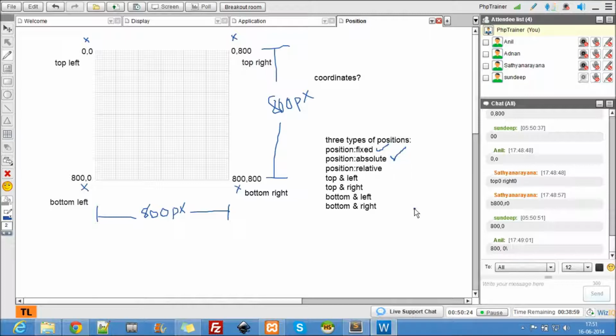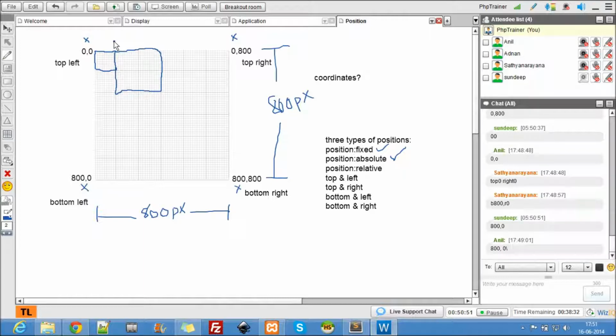When I say absolute position, now suppose I write a div here. Div starts from here, right? First div. Let's take the first div's width as 100 pixels and height 100 pixels. It will be placed like that. Then we have a second div which has 200 pixels width and 200 pixels height.